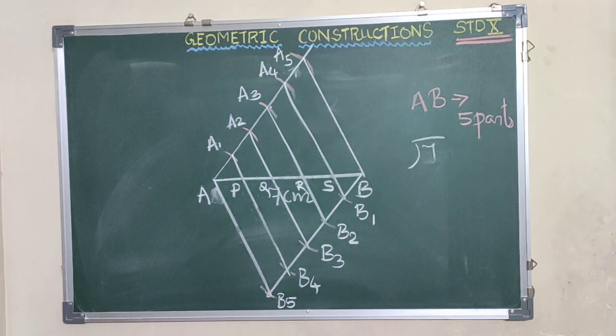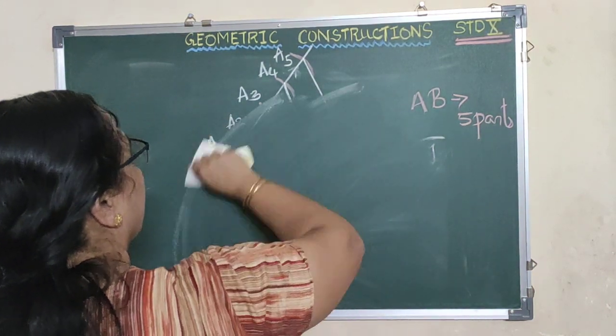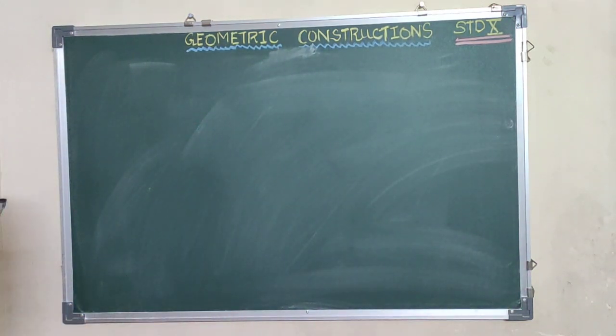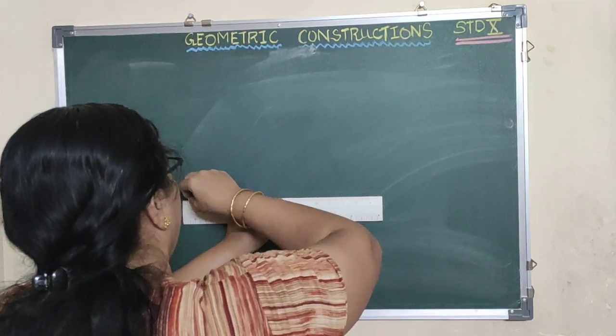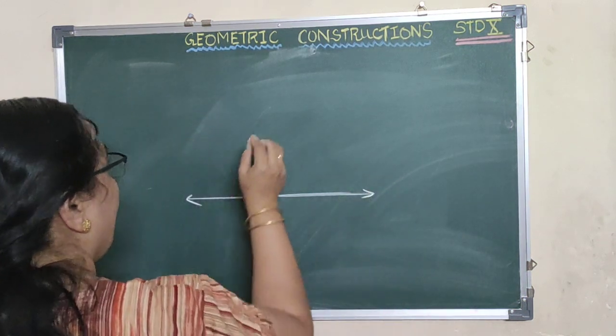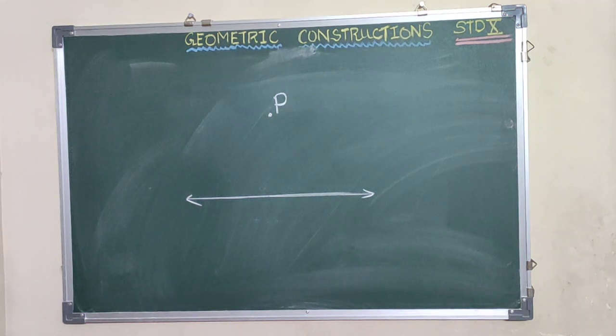Now after this I'll show you how to draw parallel lines. Okay, that is the last one, basic construction. See children, all these are basic which I am doing is only for you to recall what we need for doing our exercise. Okay, so I have a line here and a point outside the line. How can I draw a parallel line?